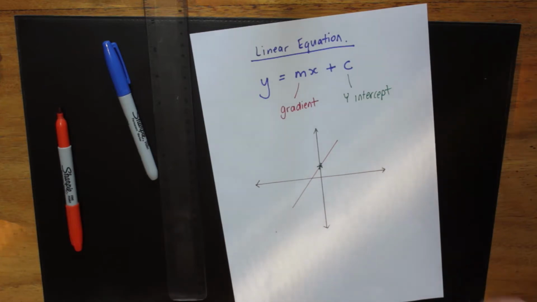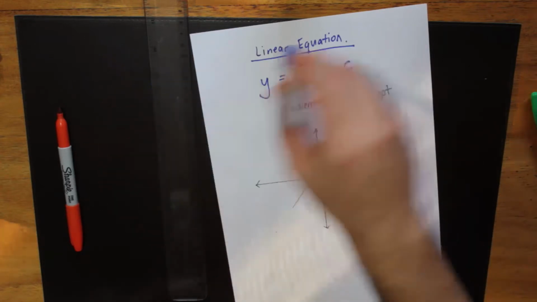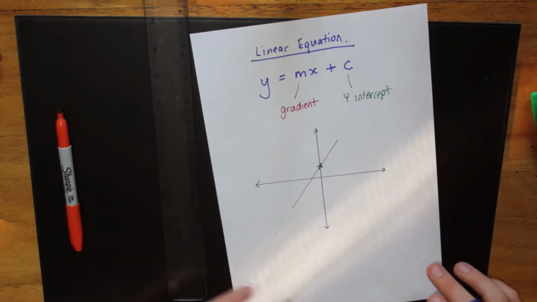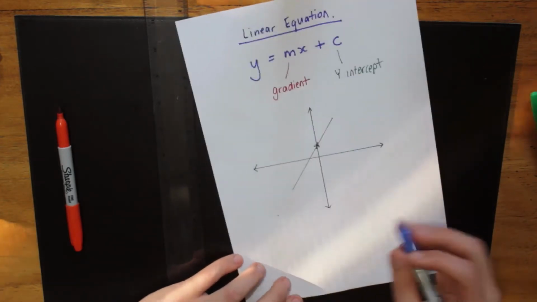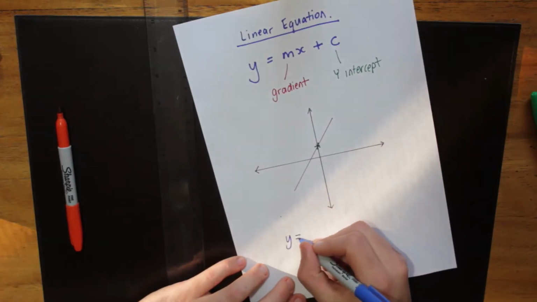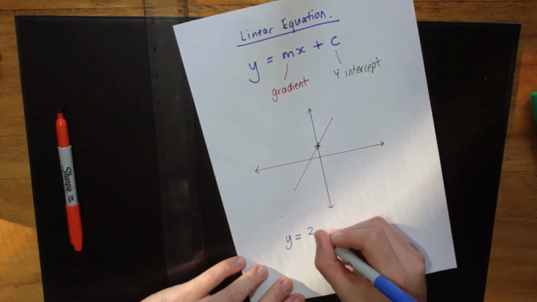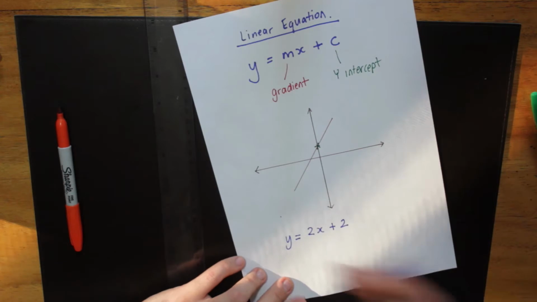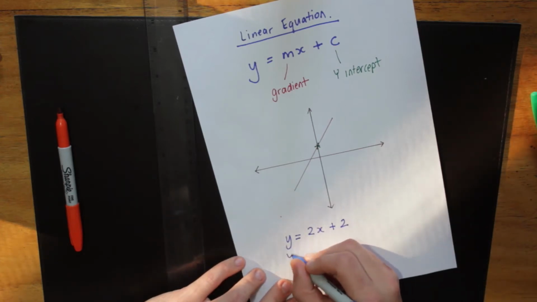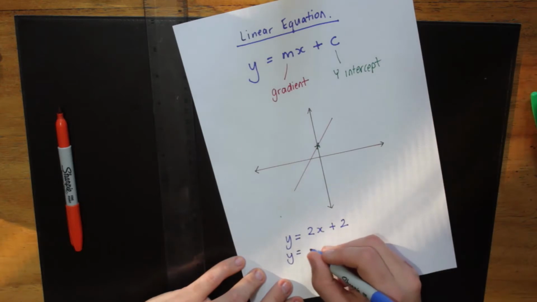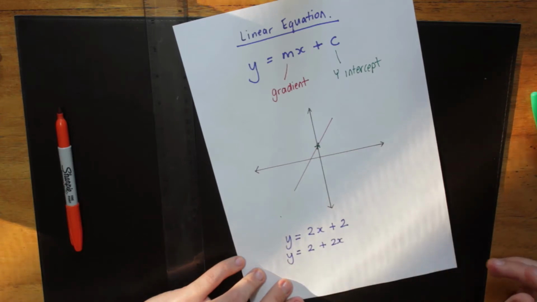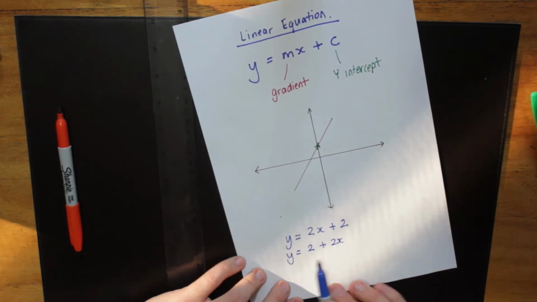Now this can be written in any kind of rearranged way. You don't necessarily have to have mx plus c when it's given to you. Let's have a look at some examples of what a linear equation might look like. So I go down here, I have y equals 2x plus 2. This would be an example of a linear equation. Similarly, if I had y equals 2 plus 2x, this would also be a linear equation because you still have